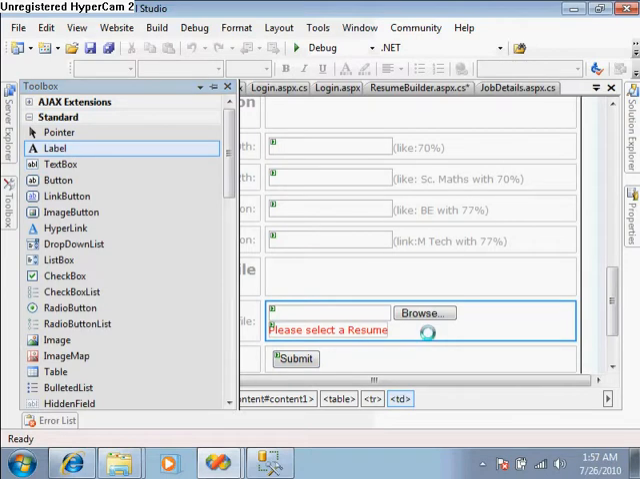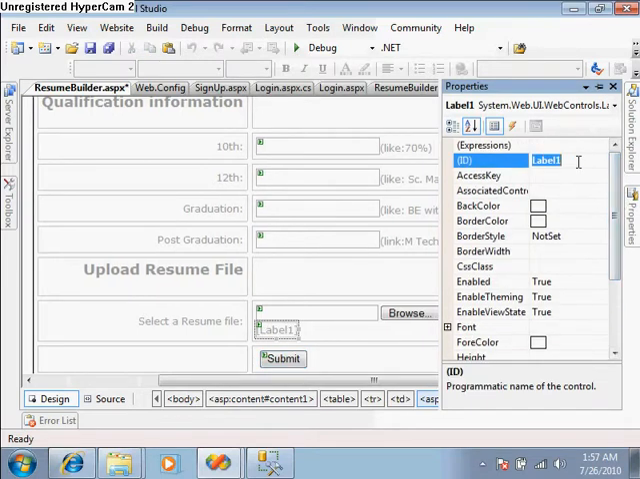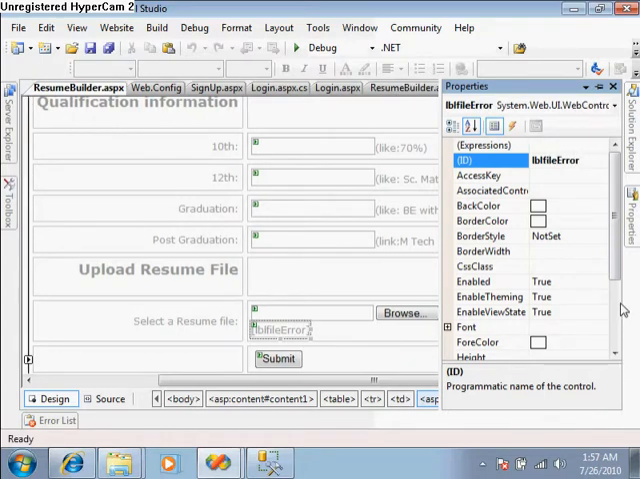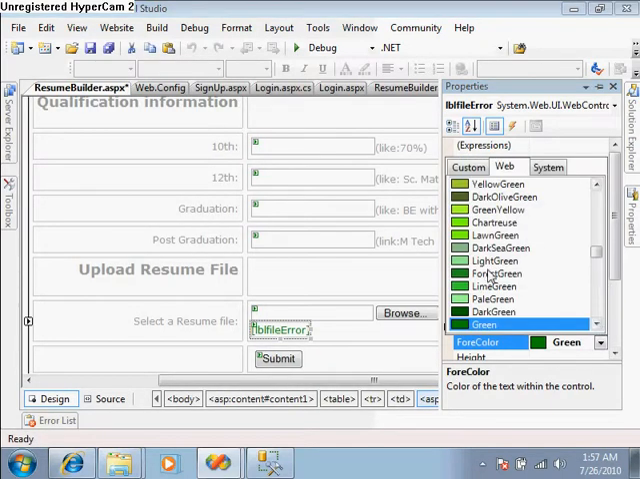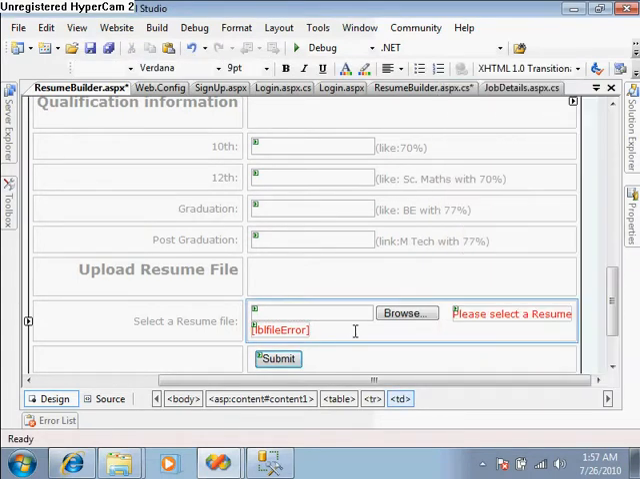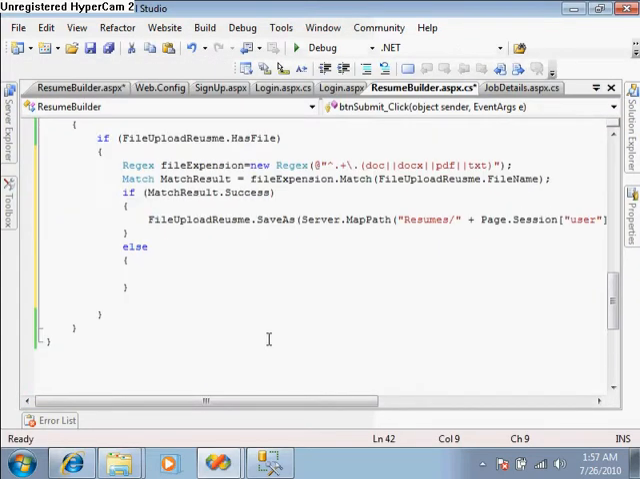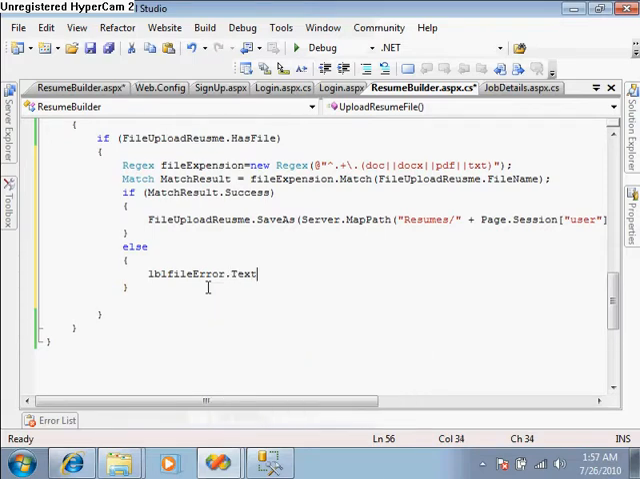So go to the standard and take a label over there, blank it and give lblFileError, and set the color to red because it's an error. lblFileError dot text equal to,